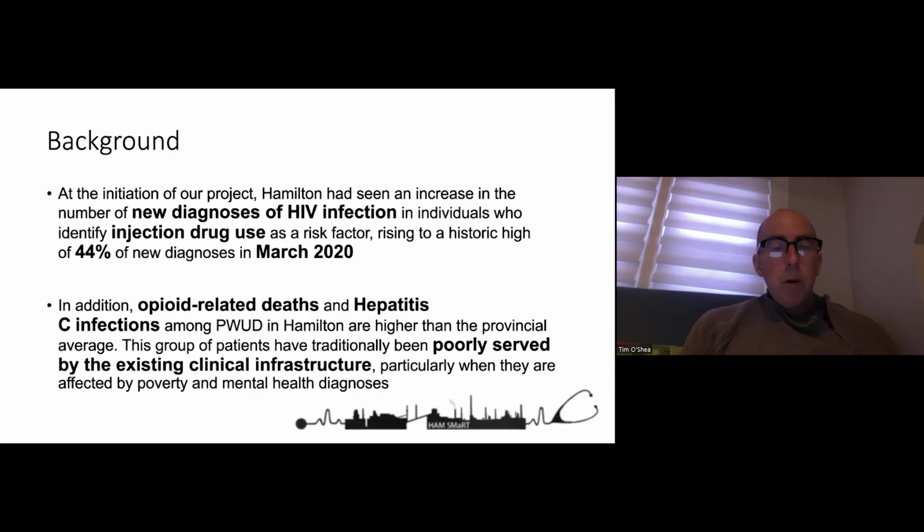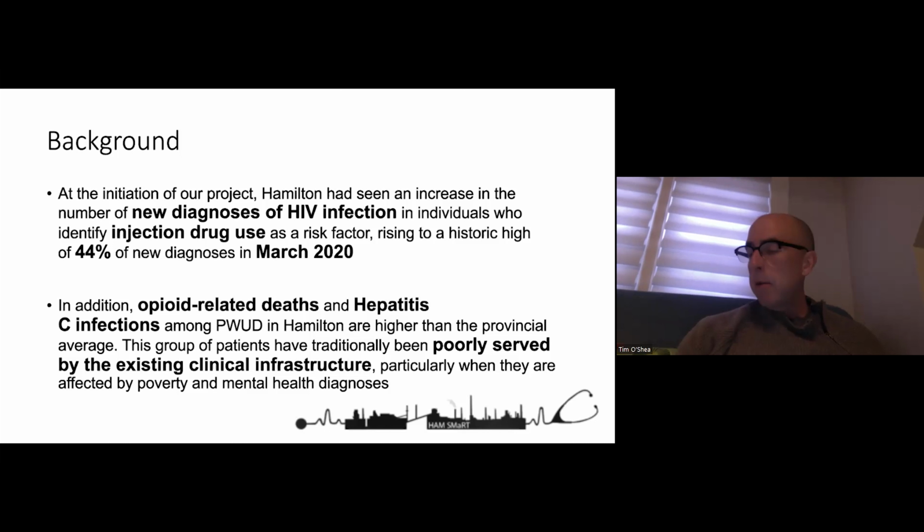So we started our project back around the fall of 2019. And at the time, there was a bit of an epidemic and spike in the number of people in Hamilton who had a new diagnosis of HIV, who documented injection drug use as one of the risk factors for acquiring their infection. And this rose to a historic high in our city of 44% of new diagnoses in March of 2020. That prompted a bulletin from Public Health outlining their concern over this trend,